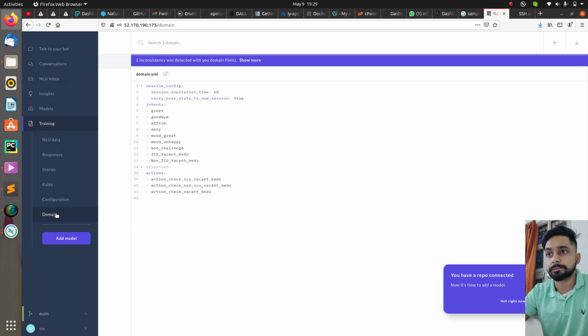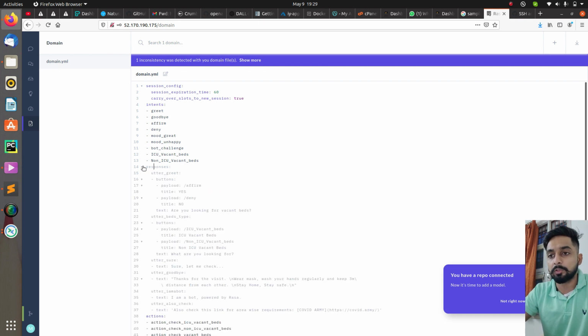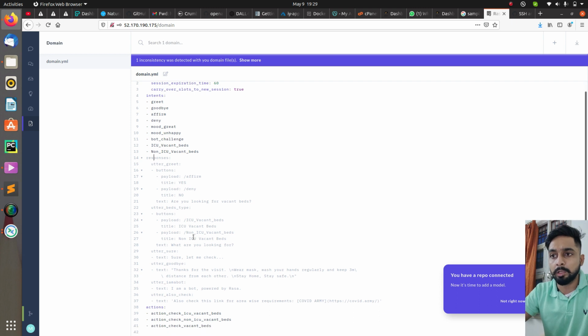Now let's go to domain. Okay, over here now you can see you have the options. You have some data over here, right? In the domain.yml file you have all the data. In the responses you can also see that these are all the utter actions which you have created in your Git repository. Previously we have already seen, right? There was nothing, but now all the things are pulled up successfully just because we have made a successful connection between your Rasa X and your Git repository. So that is what we have done, right? So in this way we have done this.